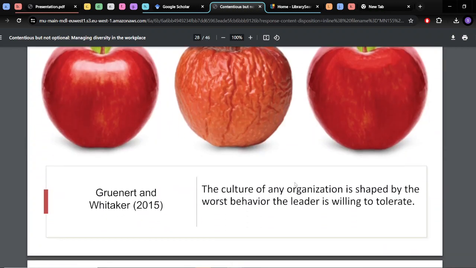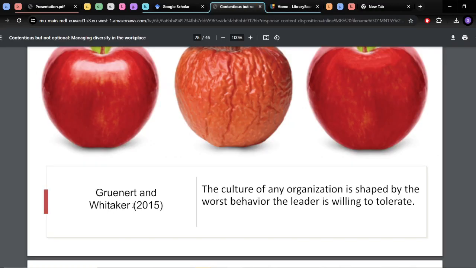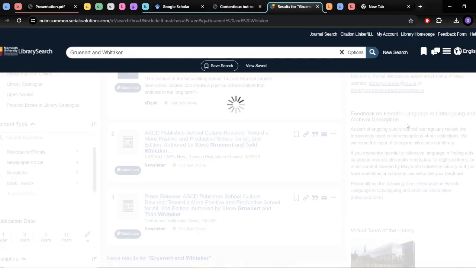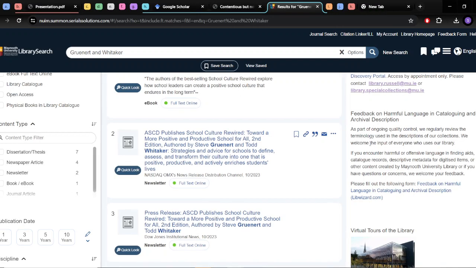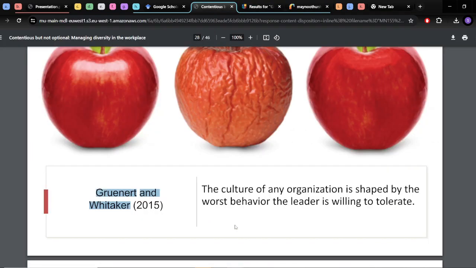So they do that. They take most of their stuff from the book and they add additional references. So if we go back to the library search that I showed you earlier, and we just copy and paste those authors, we can find that they wrote a book, and we even have the text online there, and we could look through that and then try to find something else to talk about, and like not this part, but try to see if we can find anything.